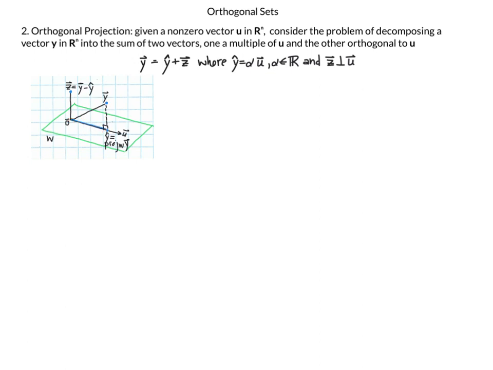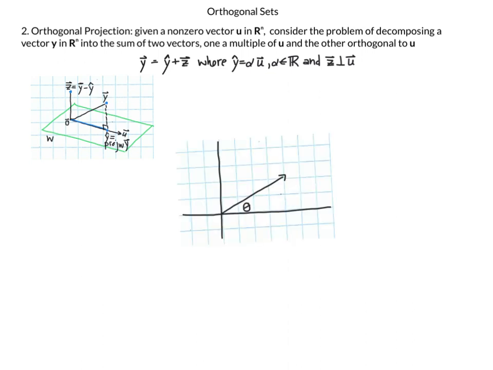Consider the problem of decomposing a vector y in Rn, here's my vector y, into the sum of two vectors. One, a multiple of u, so some component of u, you're going to multiply u by some scalar, and then another vector orthogonal to u. So y is going to be decomposed into these two vectors, much like in physics. This is like in physics when maybe a ball was hit out this way, maybe it had some velocity equal to r, and then it was hit at an angle theta, and then